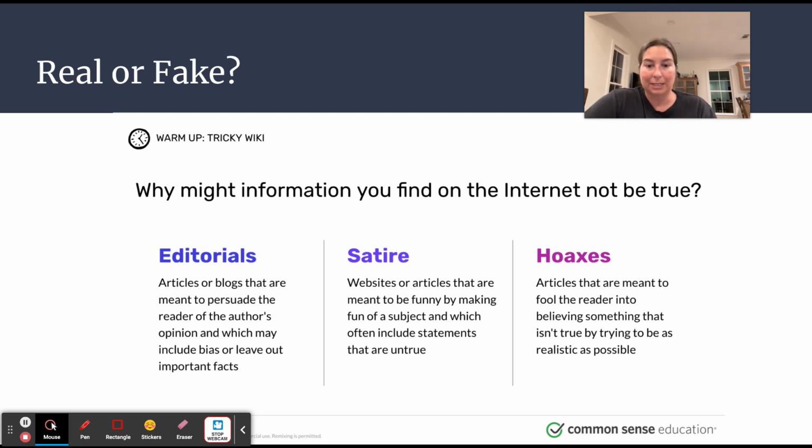Satire. I love satire. Websites or articles that are meant to be funny by making fun of a subject and which often include statements that are untrue. A lot of times you'll see this about a president or something political. Hoaxes are articles that are meant to fool the reader into believing something that isn't true by trying to be as realistic as possible.